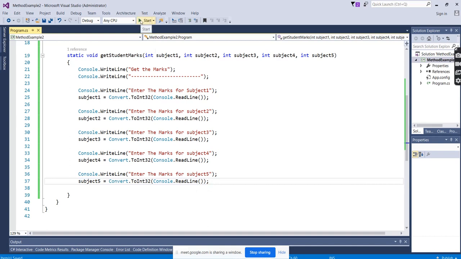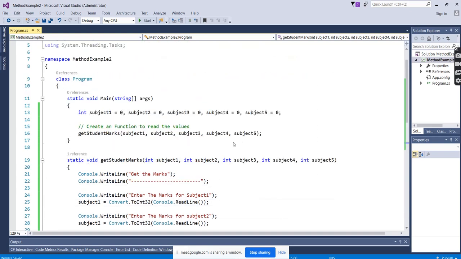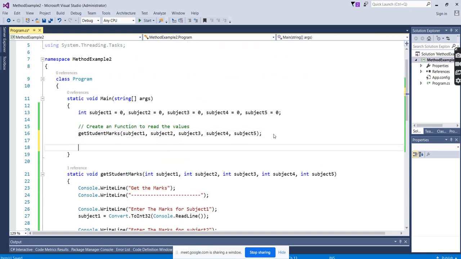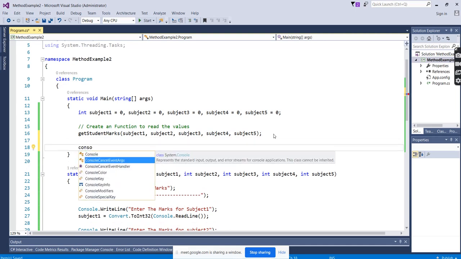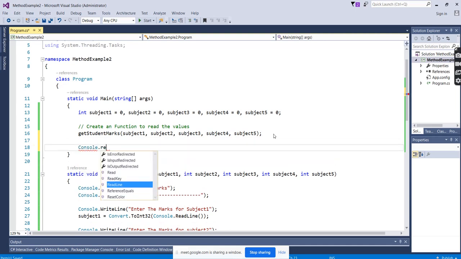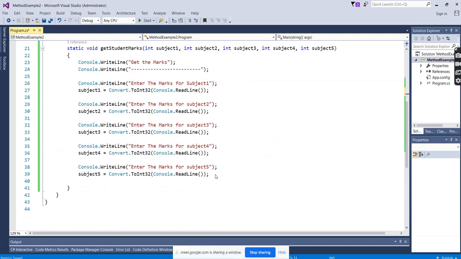Just we will see an example here. You can see if we run the code, what will happen? It will read the values. Whatever values we are entering, it will read. But it will only read, it will not display, because we have not written anything for displaying. And we want to do some mathematical calculations like percentage, average, and total.